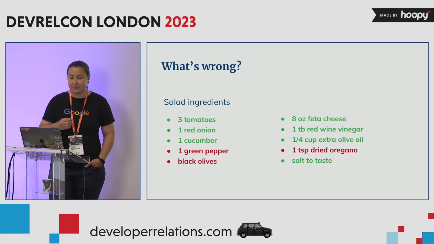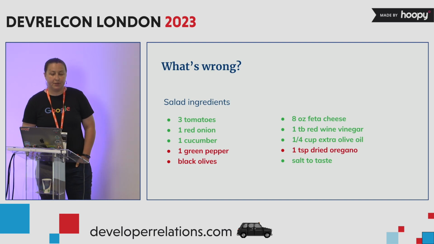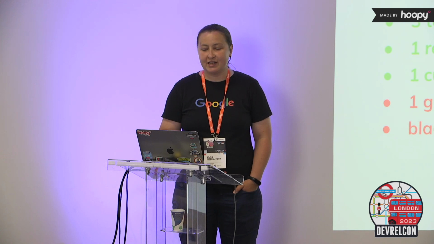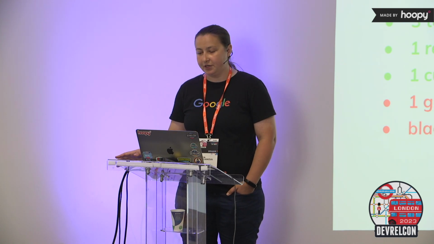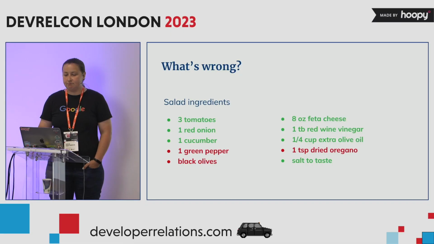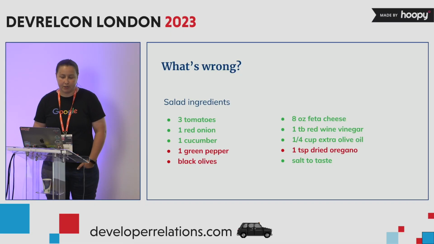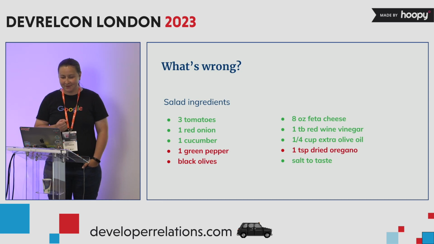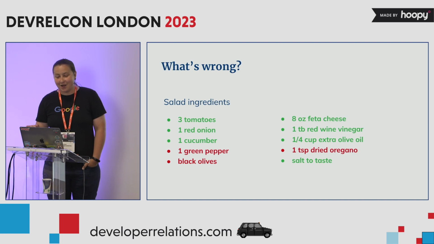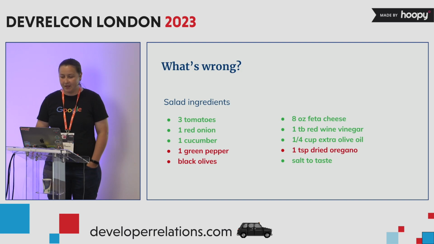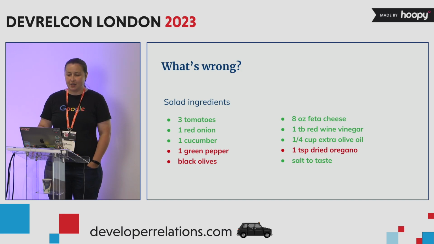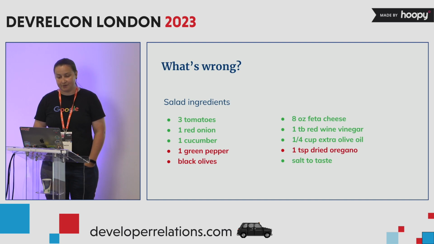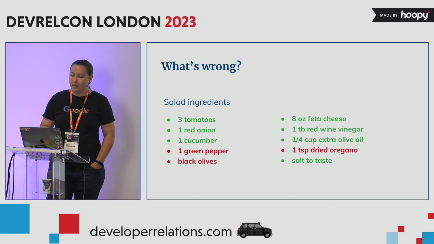So, here's an example. Imagine that you're looking for a recipe for Greek salad. You find a recipe online with this list of ingredients, and the recipe says that red ingredients are optional. Look at the list. Do you see a problem with it? Well, relying on the color alone to indicate optional ingredients is a big problem. If someone is red-green colorblind, they won't be able to tell the difference. And there's no other indicator which can tell the reader what's optional.